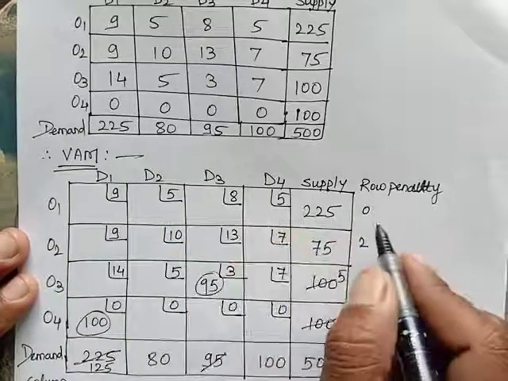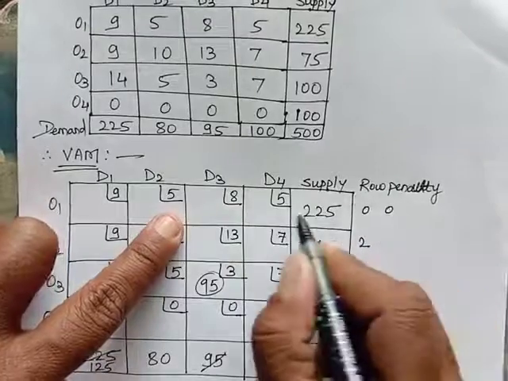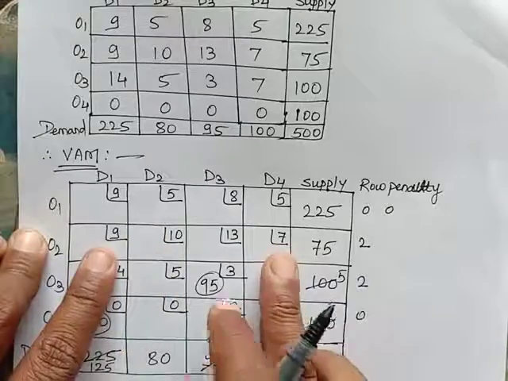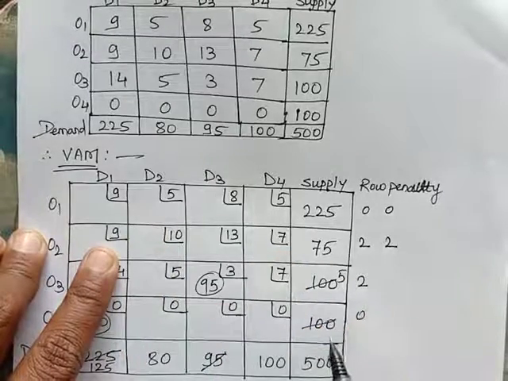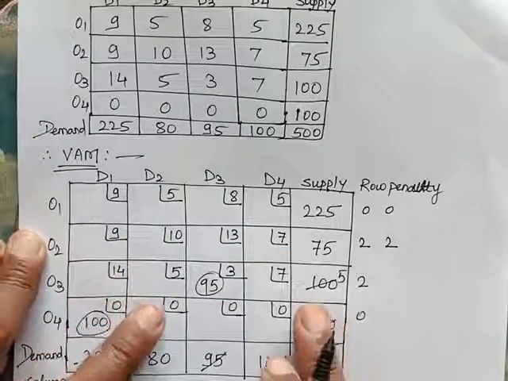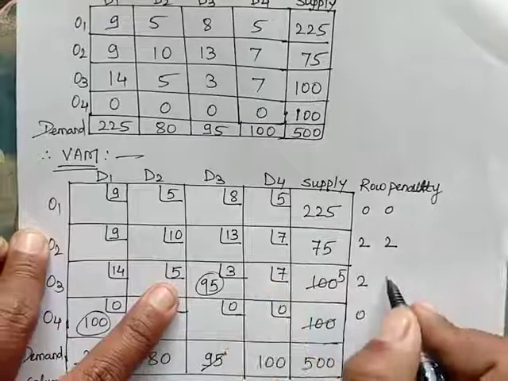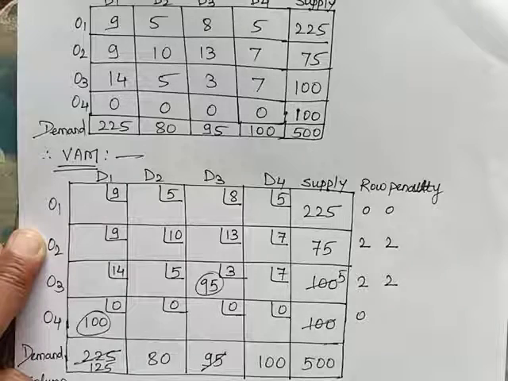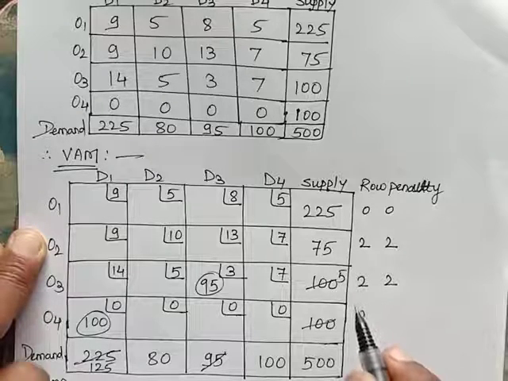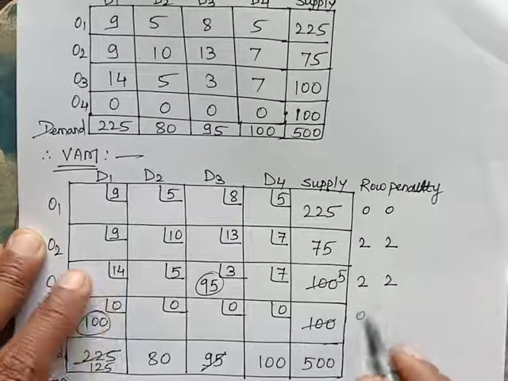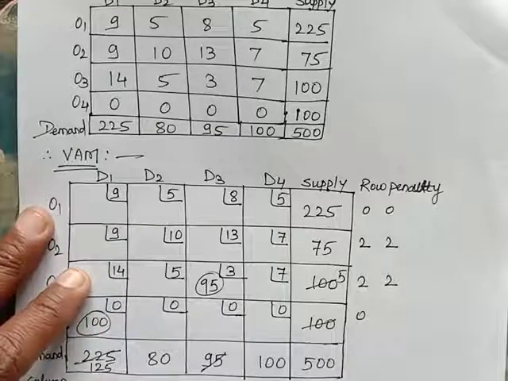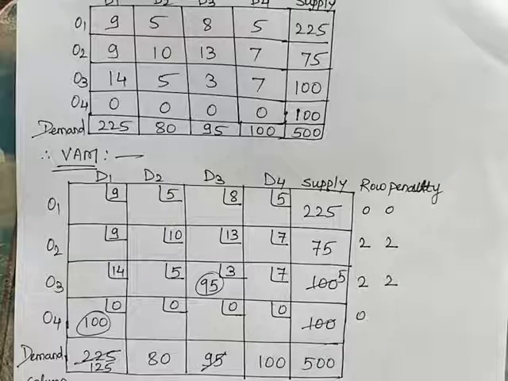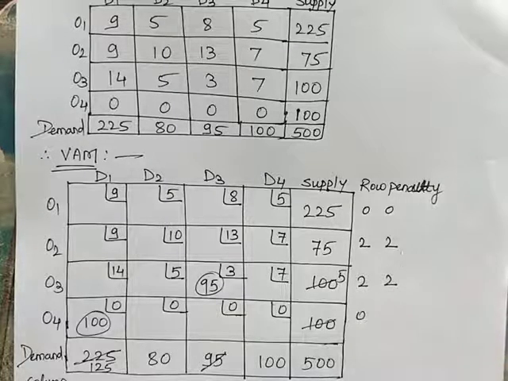The row penalties will change. Now this row penalty will remain the same, 0. This column we haven't considered. Now what about this row? This row penalty again remains 2. Here again this row penalty also remains 2. Now out of these, look at the maximum penalty. So 0, 2, 2 and here 2, 0, 0. These are left. So 2, 2, 2.